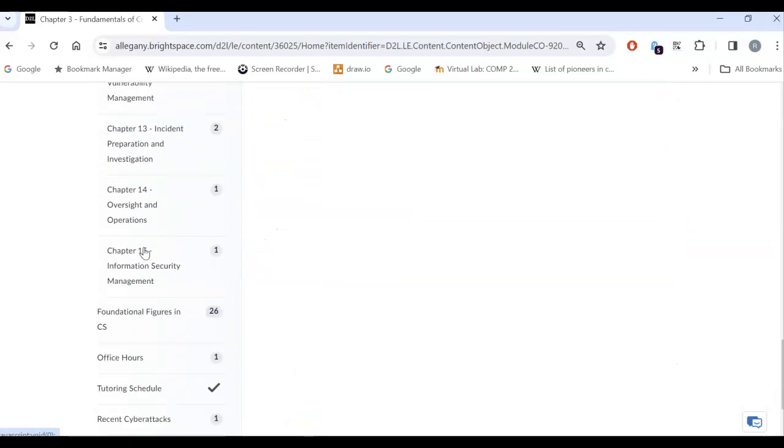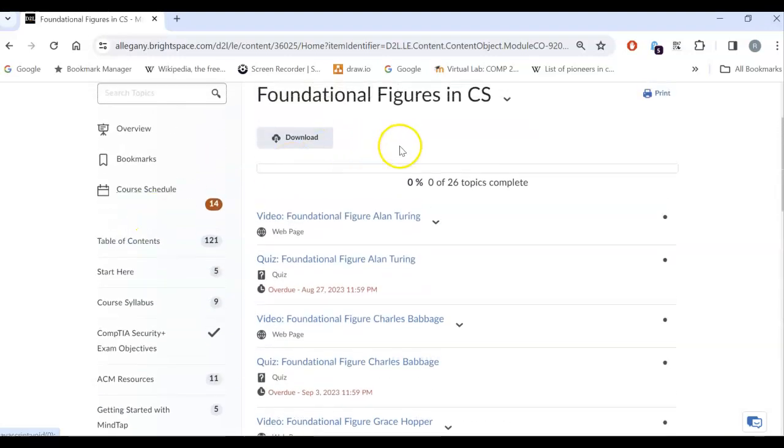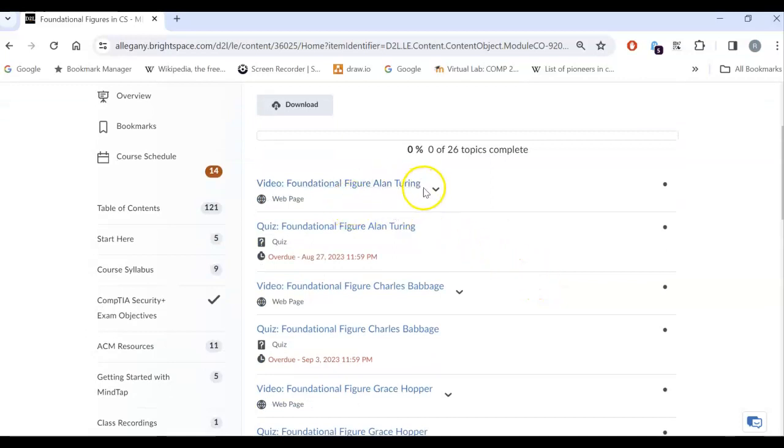Let's see what we have after all these chapters. Oh, if you've taken one of my classes before, you might remember that we have a section of foundational figures in computer science. So there's 13 videos that I've made here on important people that established and created computer science, starting way back in the 1800s. So Alan Turing is the first one here. So for each of these 13 foundational figures in computer science, there's a short video, maybe about 10 minutes, and then there's a quiz on that video that you can take, guess what, as many times as you need to